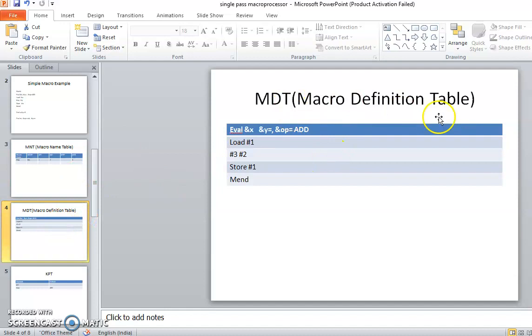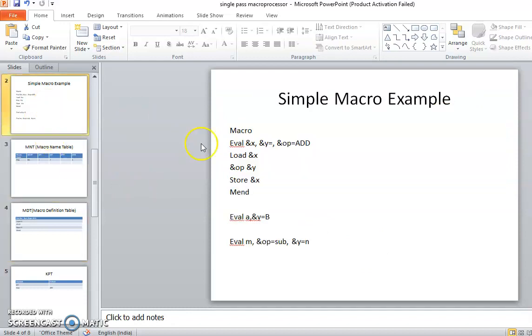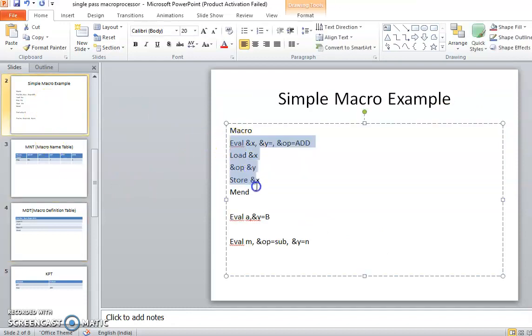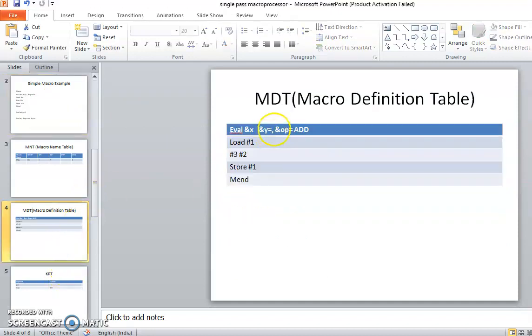Next, we move on to the MDT table, that is the macro definition table. Here, after the keyword MACRO, whatever you have up to the keyword MEND, you need to specify into the MDT. But there are slight changes. Just have a look. We are writing the name of the macro in a proper way.